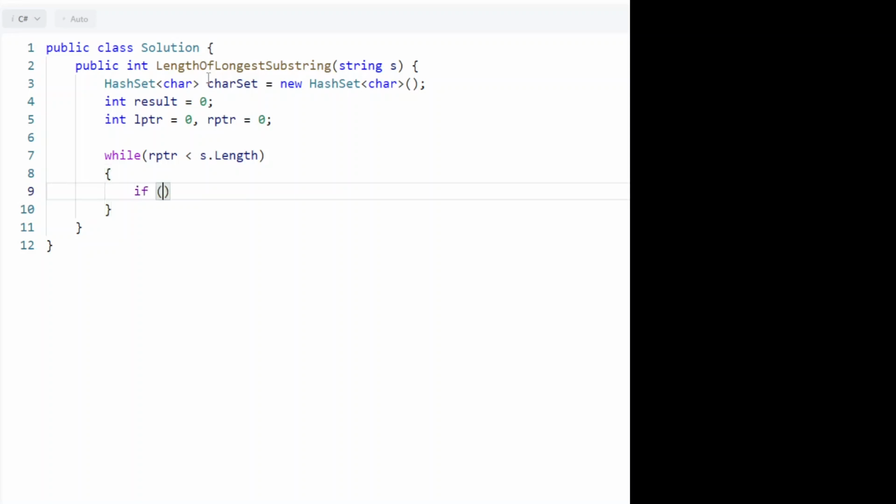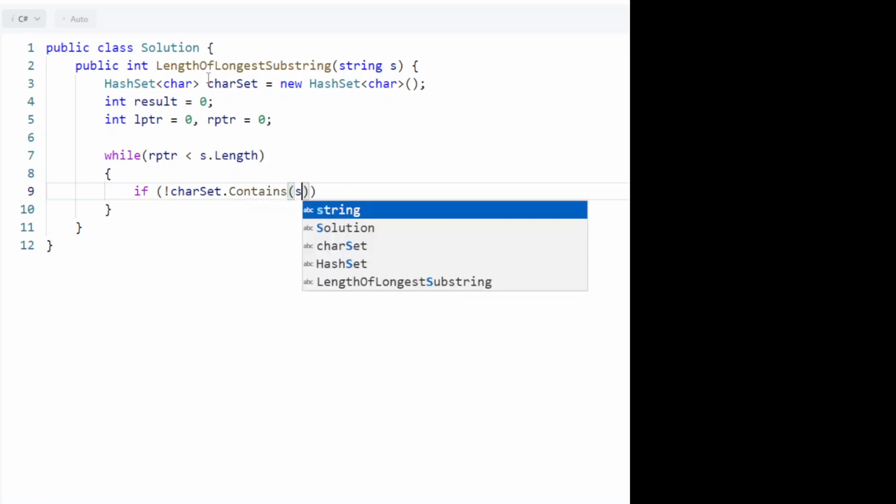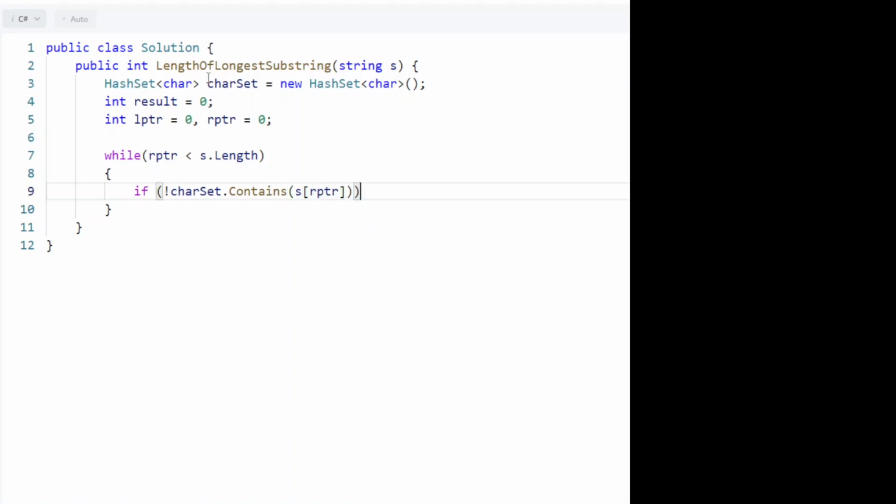Okay, so if my character set, or the hash set, does not contain my right pointer, yeah, s of right pointer just points to the character that is pointed by the right pointer. So if my set doesn't contain this character, which means we are visiting a new character and the current substring doesn't have any repeating characters. So first thing, we are just going to add it to the set,